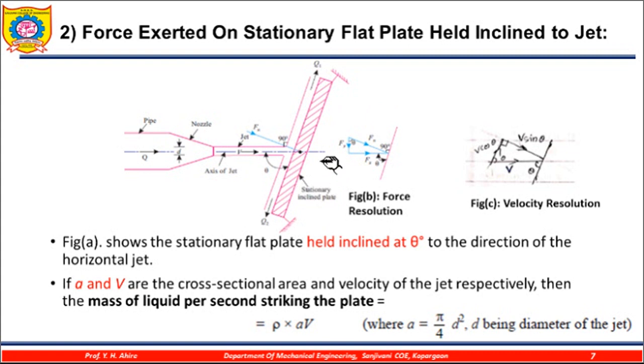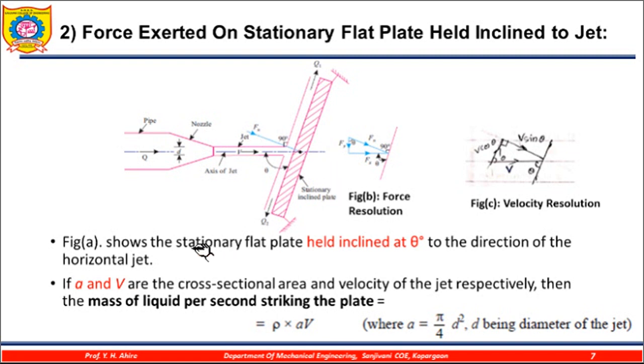Okay, and we can define one more direction, that is the normal direction. Here normal means normal to the plate. Please note this. This is a normal direction, normal to the plate and not to the jet. Okay, so a 90-degree angle is shown. This 90-degree angle is for the normal direction to the plate.